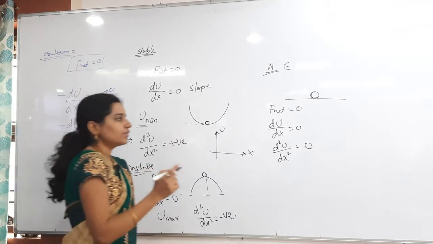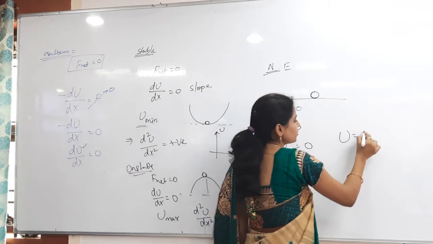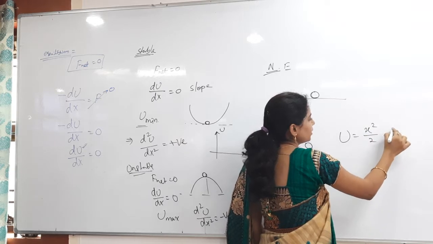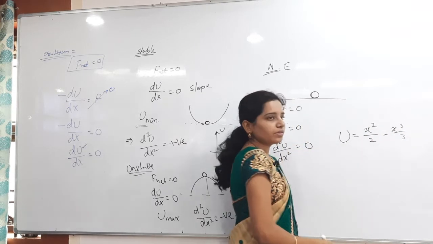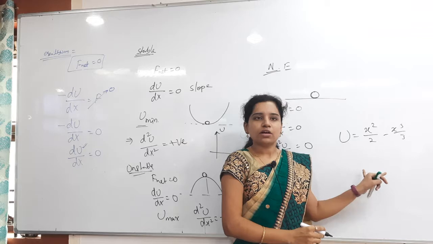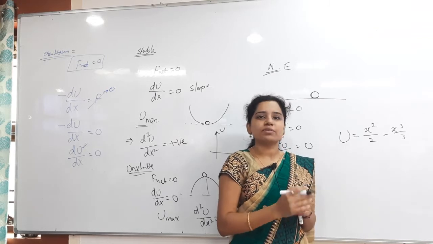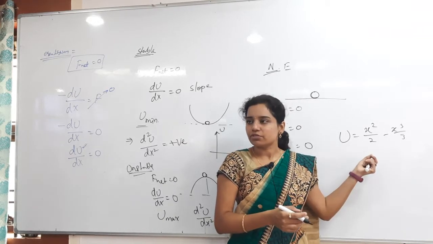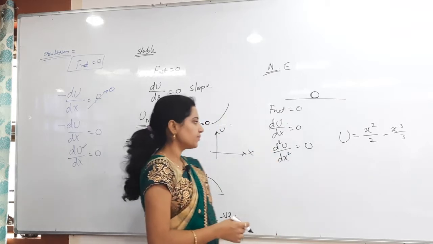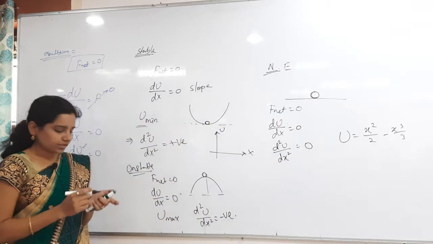So this is about the equilibrium states, and then there is a chance for theory questions, and most of all they will ask this kind of problems. U is equal to x square by 2 and then x cube by 3. Then you have to find out the net force, and also you have to find out the position where it will be in equilibrium. That and all we will solve now. Okay, these are the important problems. You understand everything, right? Yes, copy that.